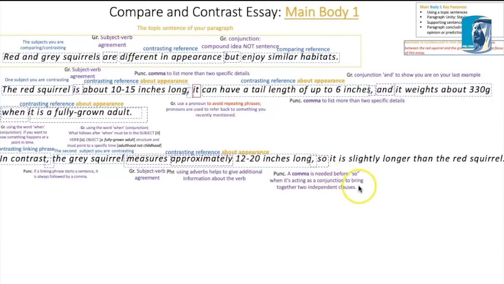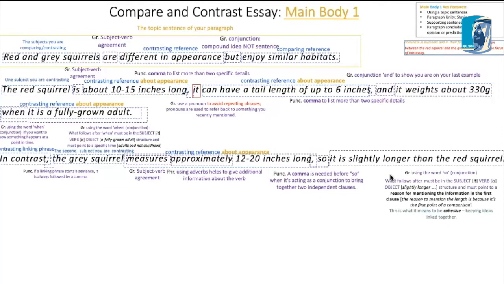I put a comma and use the word so, because I want to add additional information that clarifies what I've just written, and that makes sure that I'm being cohesive. I'm not going to just mention that it's long without doing my job and comparing. The idea here is to compare, not simply just to state information. You must be cohesive. So using the word so as a conjunction allows you to put a sentence in the subject-verb-object structure straight after. It is, so it refers back to the grey squirrel,